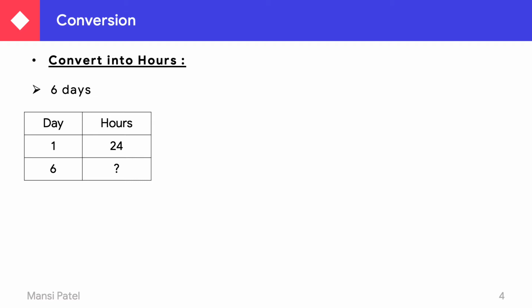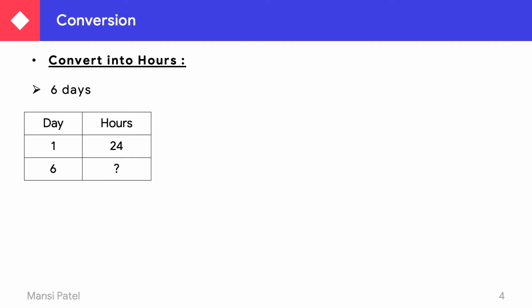As per the units, we know that 1 day is equal to how many hours? 24 hours are there. So just write down 1 day is equal to 24 hours. Now you have to convert 6 days. So 6 days is equal to question mark. In this chapter, when you have to convert units, you first have to write down the formula, and our formula is 1 day is equal to 24 hours. In all the conversions of this chapter, first you have to write down the formula.